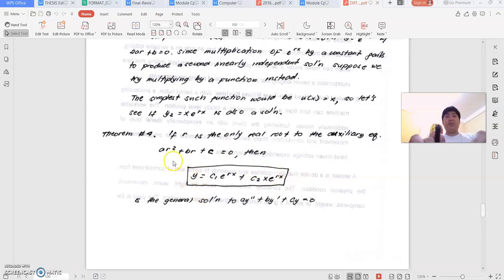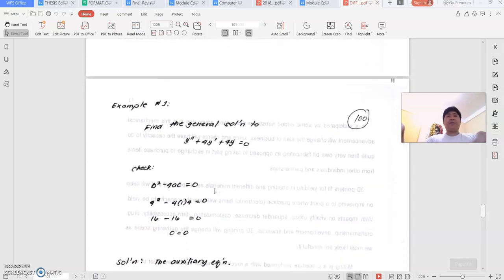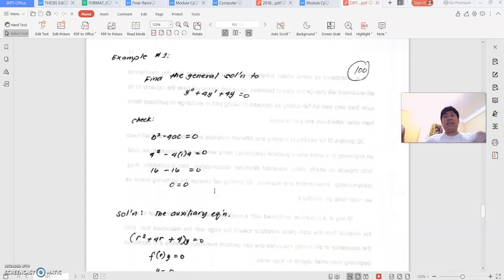For the given equation, the negative of the constant b over 2 times your a will be your root. So another example. Earlier, the root was given directly and we were finding the general solution. What if what is given is the